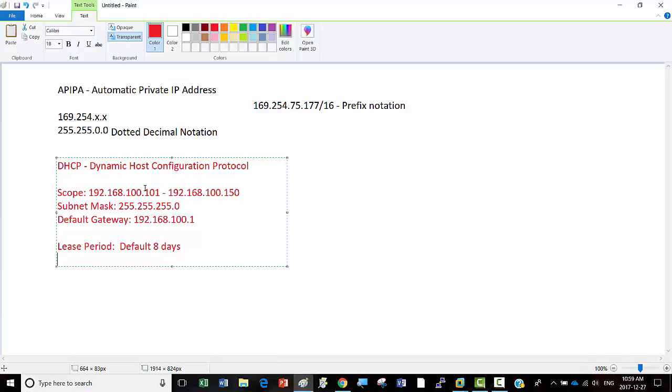So what else do we configure in scope, sir? DNS. No, that doesn't fall in scope. You don't want to put DNS in there, okay? So scope name. So this one is the scope. And other than scope,